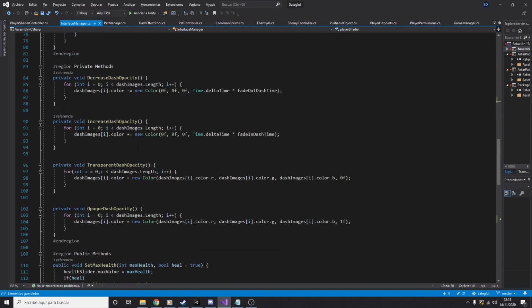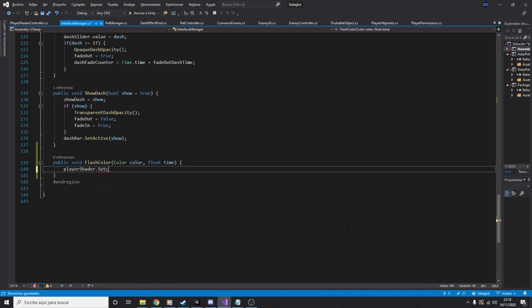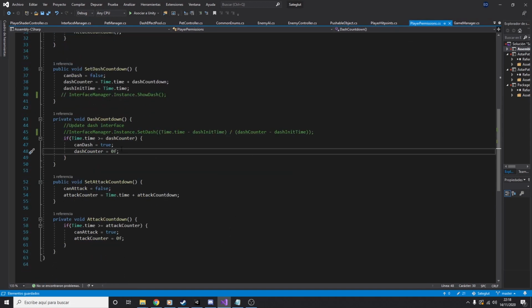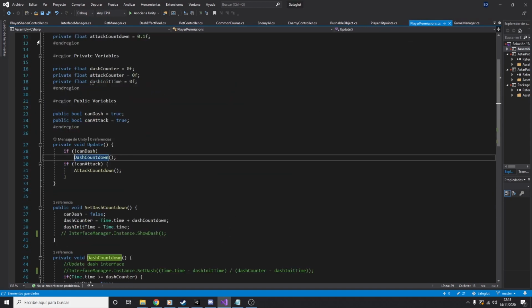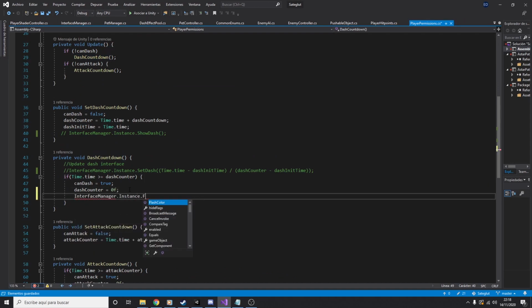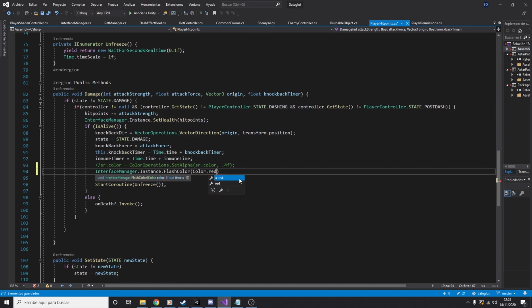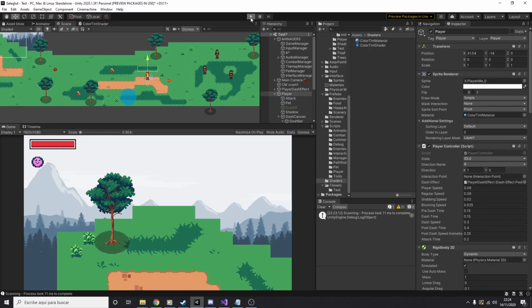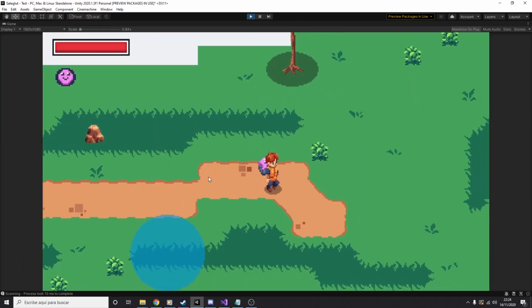The link of the shader manager with the rest of the objects of the game is the interface manager. If we had a reference to the shader manager and set the information to change the color or the duration of the fade effect. Having this, I can create a white flash when the dash is ready to be used again. I can also make the hit point component create a red flash to indicate that the player has been damaged. Here is a test of both effects in game.